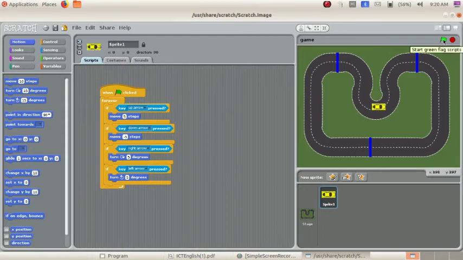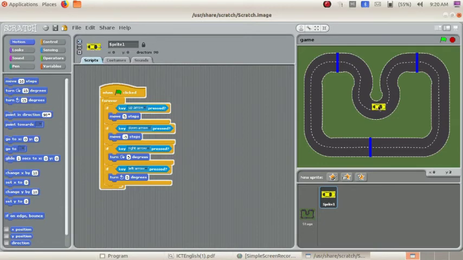For that you have to click on this flag. Okay, click on the flag. Now I am placing the car here. Now I am checking that when I am pressing the up arrow key on my keyboard, if it is moving forward. Okay, listen here, I am pressing up arrow.